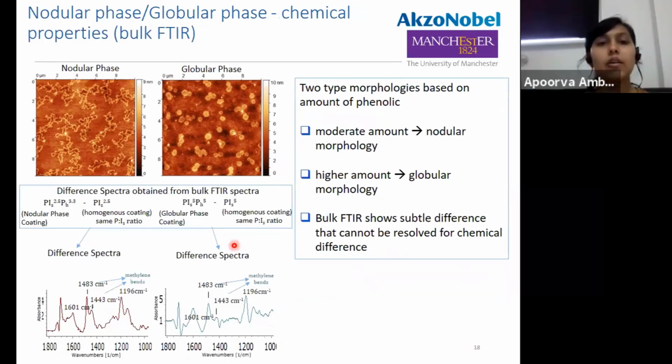In order to understand the chemical differences, bulk FTIR spectra were performed on these coatings. To obtain difference spectra, the spectrum having a similar polyester to isocyanate ratio was then subtracted from them. Such difference spectra would then have peaks that directly correspond to the addition of phenolic in these systems. It is interesting to see that several peaks that correspond to the functional groups from the backbone of the phenolics are present in these difference spectra,